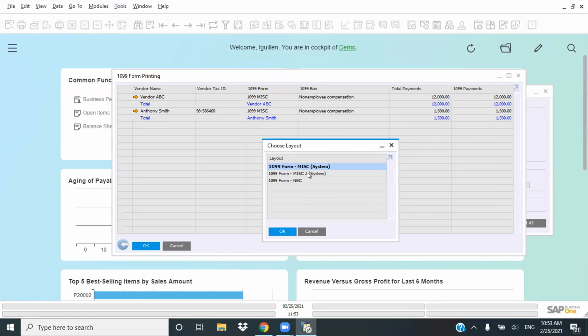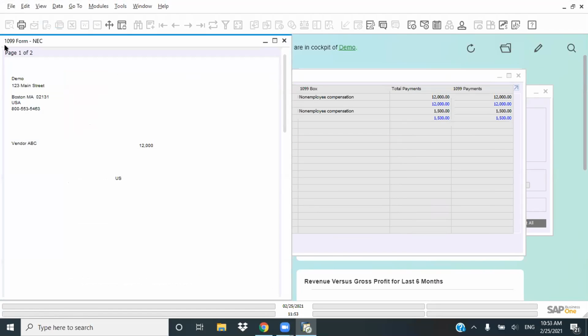But you're going to have to select the 1099 form next that needs to be installed in your company, and we're going to be doing a test first in order to make sure that all of the fields align correctly and that everything prints as they need to print. Okay, I did not add the address for the vendor, so that's why that's not showing up in here, as well as the federal tax ID. But as you can see, the $1,200 as it needed to be, it's there, and everything needs to be checked